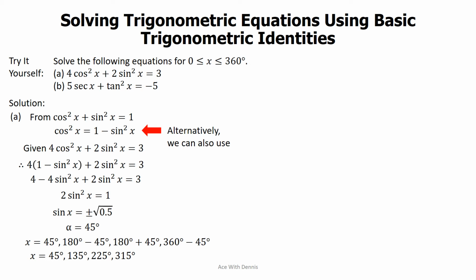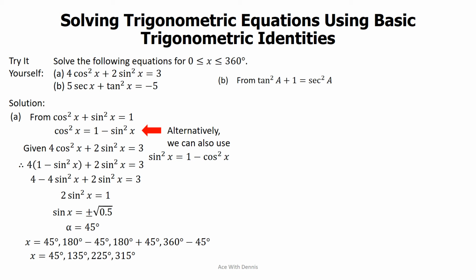Okay, so alternatively, you may also use sine square x equals 1 minus cosine square x. Alright, so that means when you substitute inside the equation, sine square x is eliminated. We only need to solve cosine square x. B,